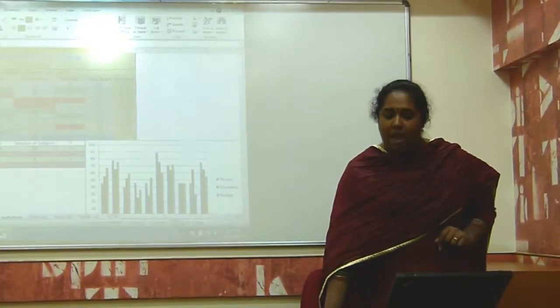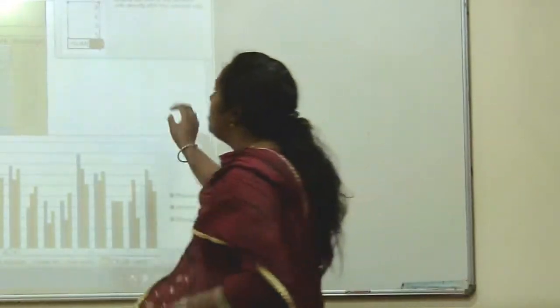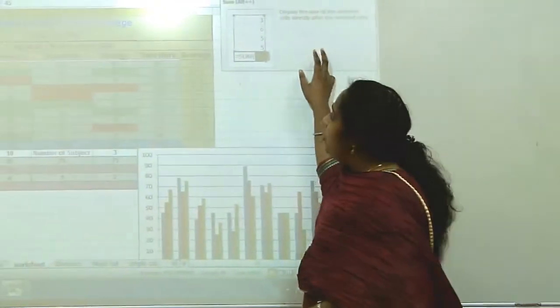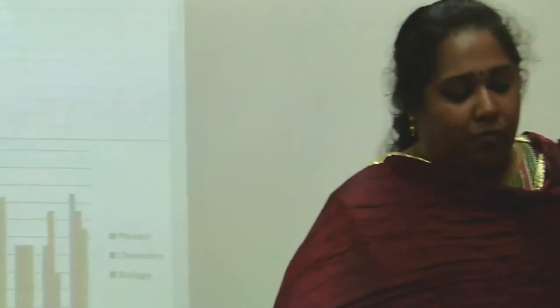I went to home and I have something called as auto sum here. The shortcut for auto sum is alt equal to. So we understood where to find out the shortcuts in case we do not remember it, isn't it? So we pressed alt equal to so that we get the sum function.